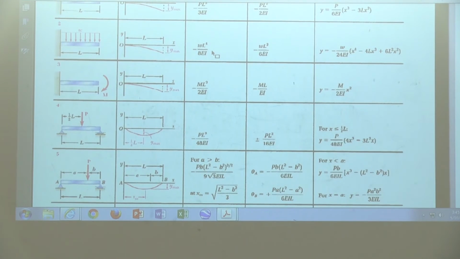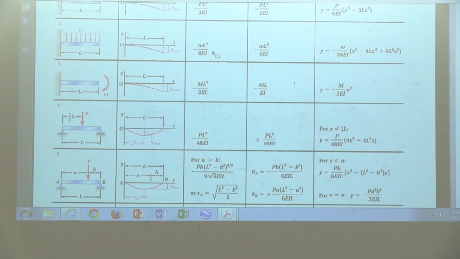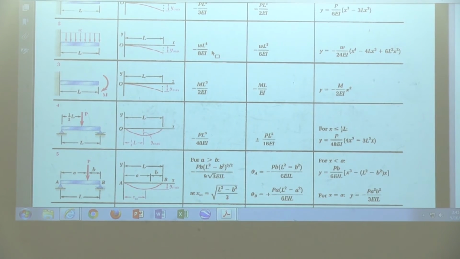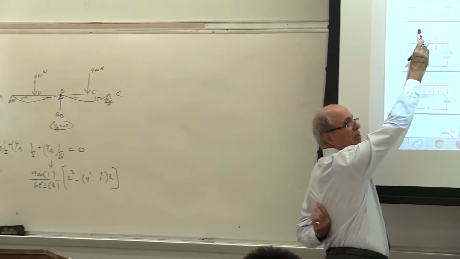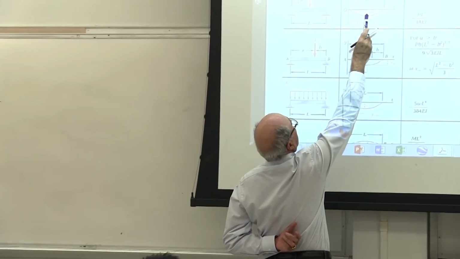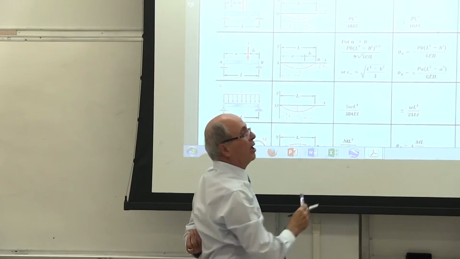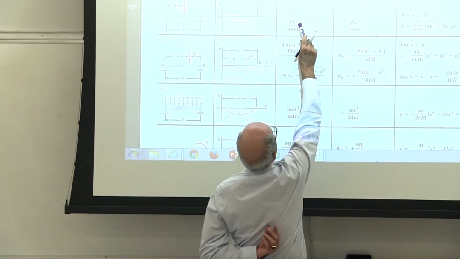To that one, I have to add this one. Yes? Is this in the table? Look at it. Yes, that is at the middle. This is not this one. This is the other one. Yes or no? This is good. What do I need? I need Y max. Yes or no? Y max equal to how much?